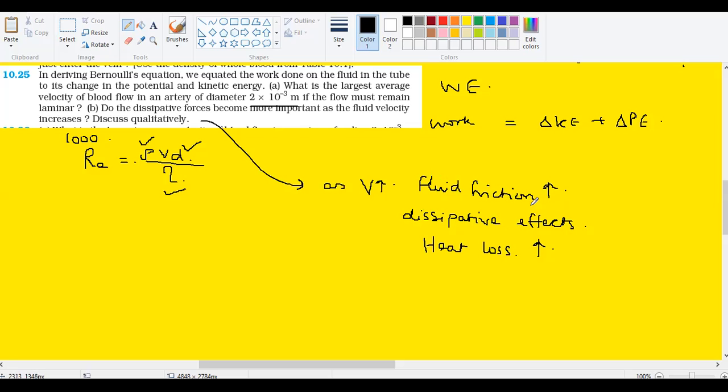Remember, fluid friction is something like your air resistance. As the speed increases, your air resistance will also increase. I'm sure all of you must have experience on a two-wheeler. When you're going at, say, 5 km per hour, you don't feel much air on your face because the air resistance is very low. Whereas when you are going at 50 km per hour or 100 km per hour, without a helmet, without the windshield, you will not be able to drive because you will not be able to breathe, because a huge amount of air will be blowing on your face. But that is nothing but your air resistance.